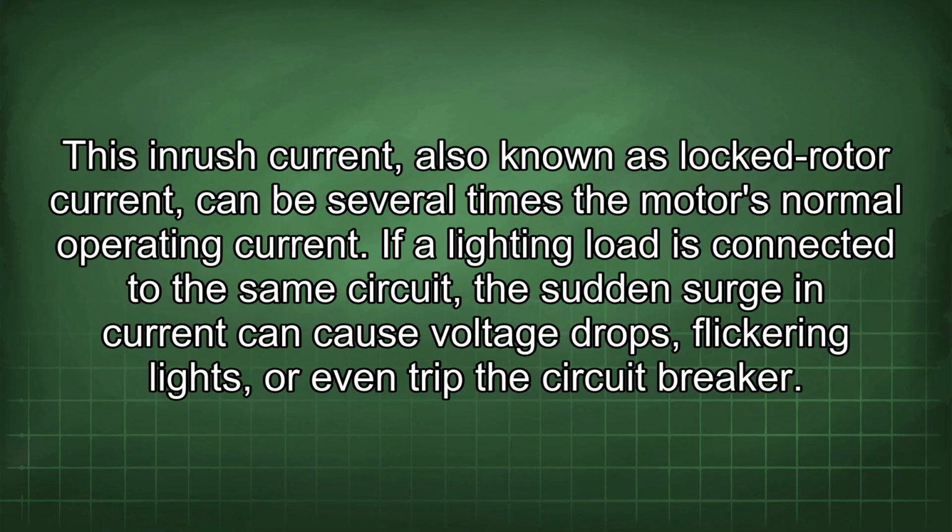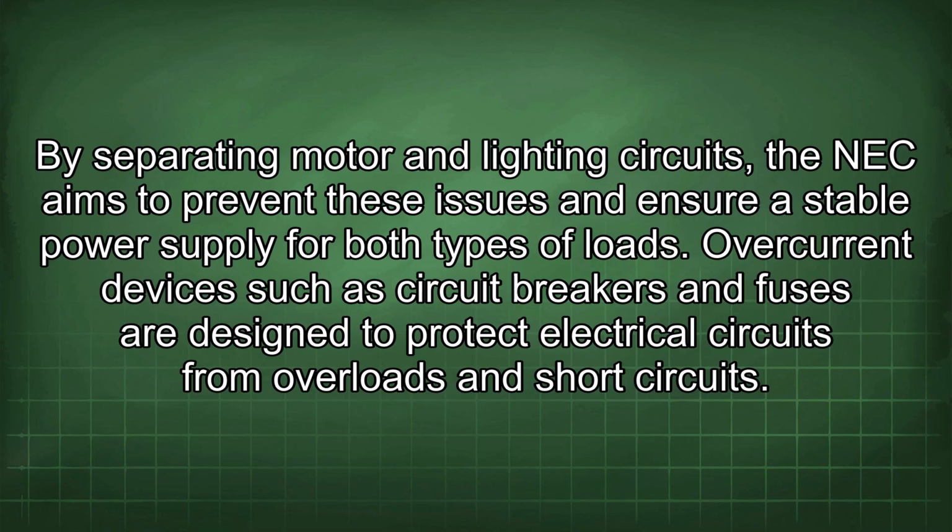current. This inrush current, also known as locked rotor current, can be several times the motor's normal operating current. If a lighting load is connected to the same circuit, the sudden surge in current can cause voltage drops, flickering lights, or even trip the circuit breaker. By separating motor and lighting circuits, the NEC aims to prevent these issues and ensure a stable power supply for